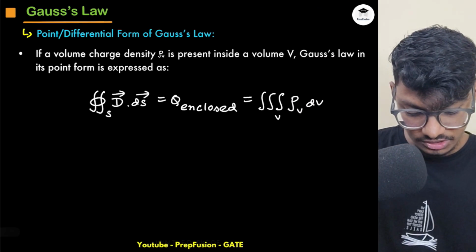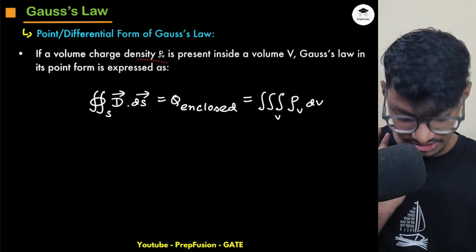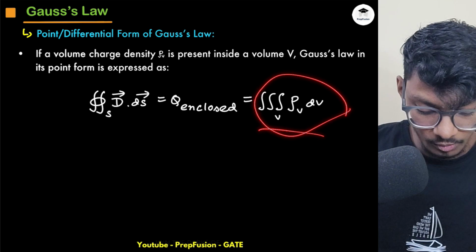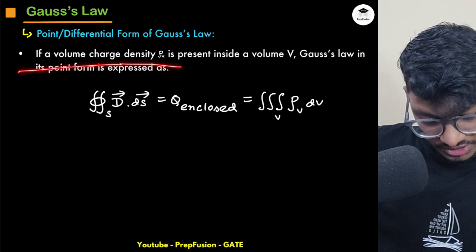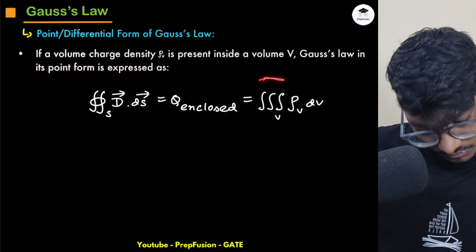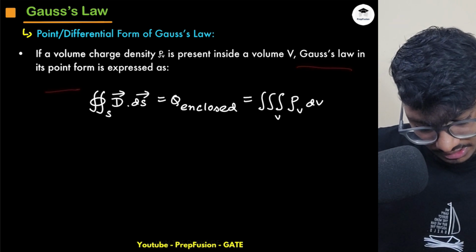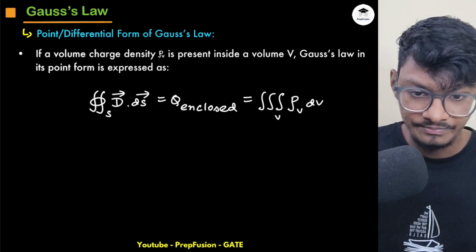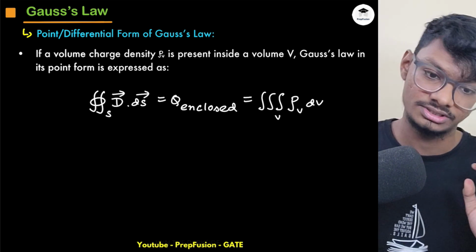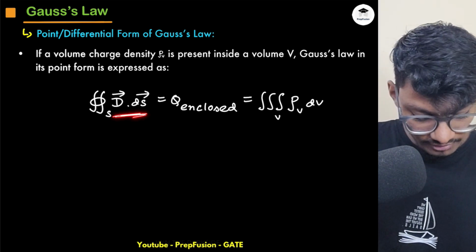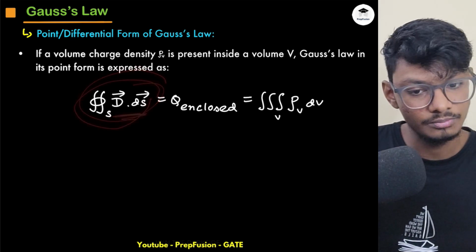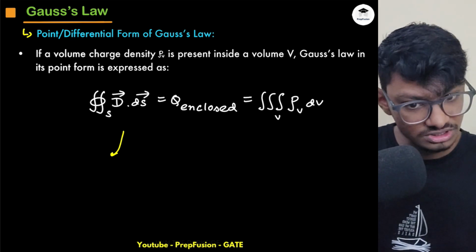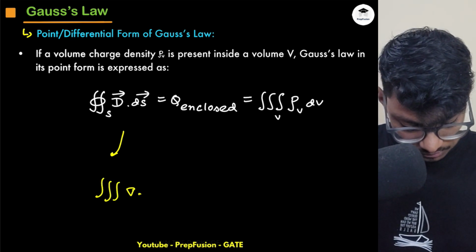Okay, next is Gauss's law in point or differential form. Basically, if I have Gauss's law in the volumetric format, a volume integration, then what can I do? If a volume charge density rho v is present inside a volume v, Gauss's law in its point form is expressed as this. I have explained this previously as well. I can use a divergence form. What is divergence form? If computing the surface integration is difficult for me, we have studied from vector calculus that if this is a closed surface, I can simply write del dot D